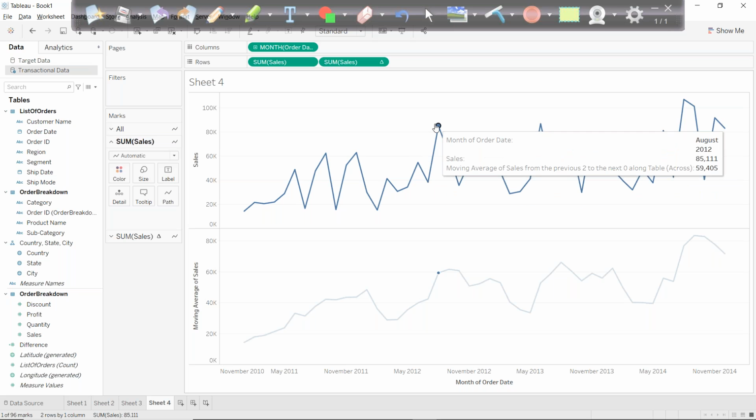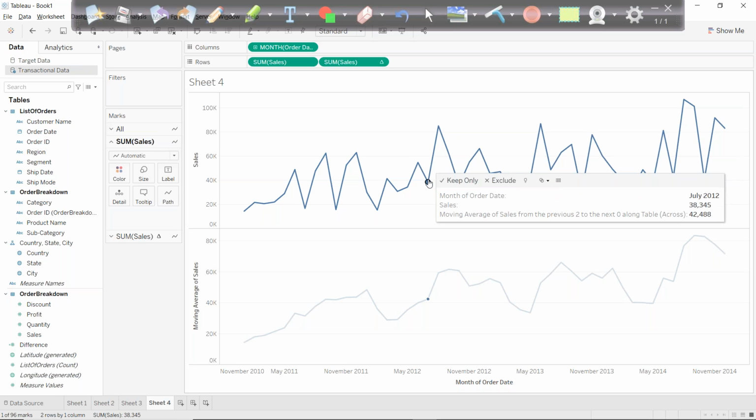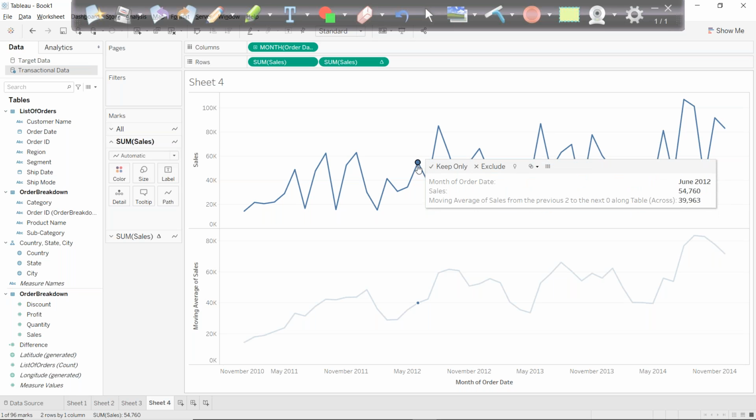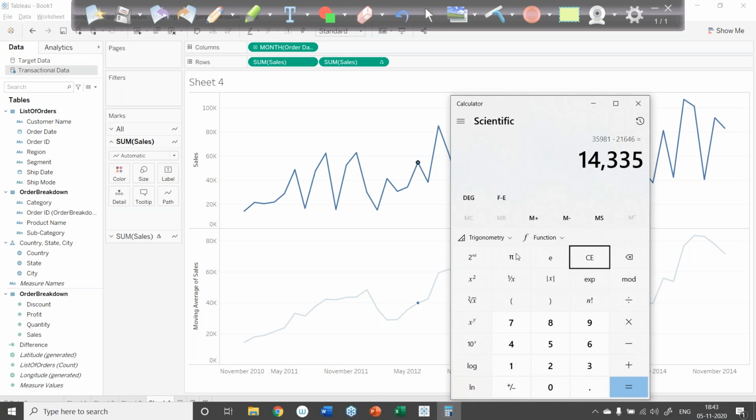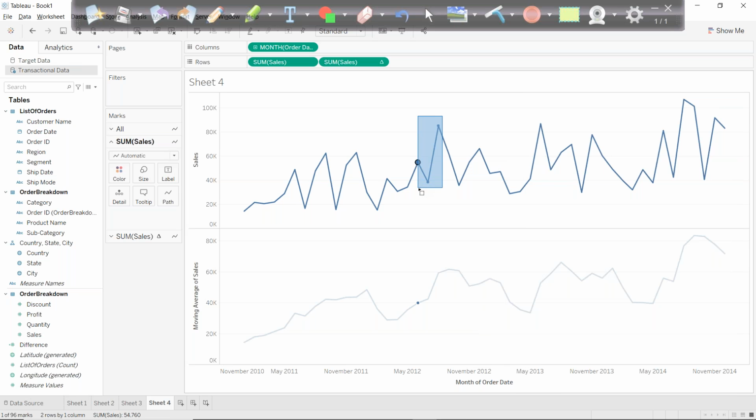What is the sales? Current value is 85,111, 38,345, 54,760. I'll sum up these three values. I can also select these three values, and automatically it will sum up at the bottom. So you can see that it is summed up, 178,216 at the bottom. You can see that divided by 3,